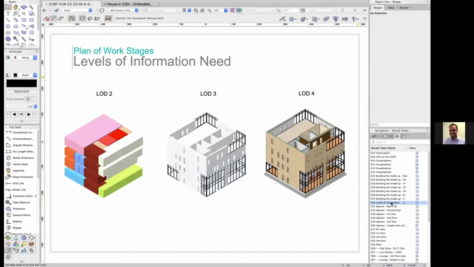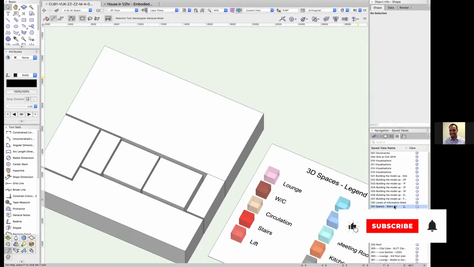So the plan of work stages, we'll start from concept design and from massing studies, where we can use objects like spaces,